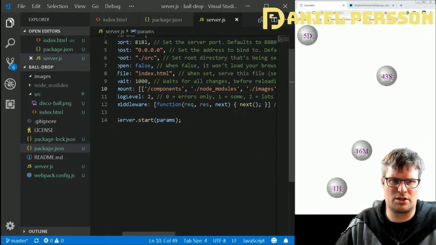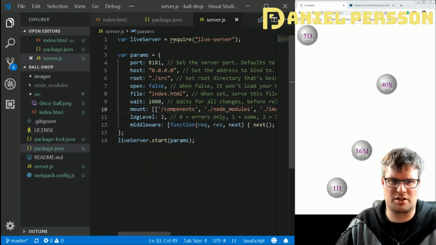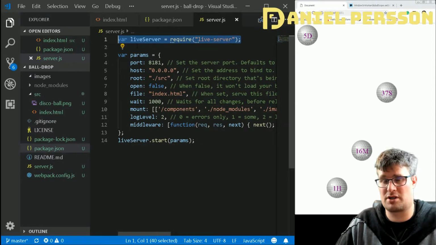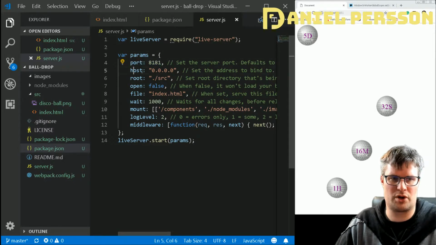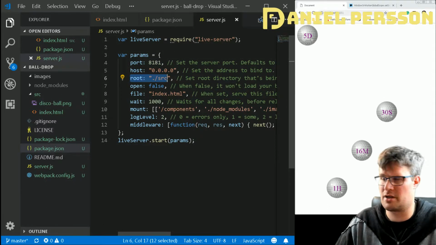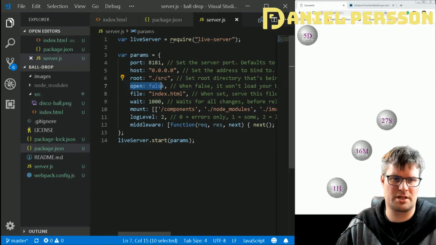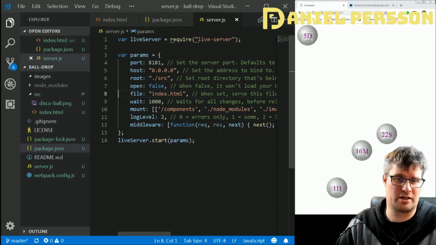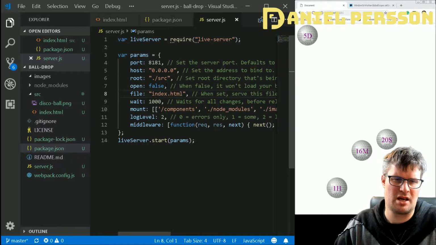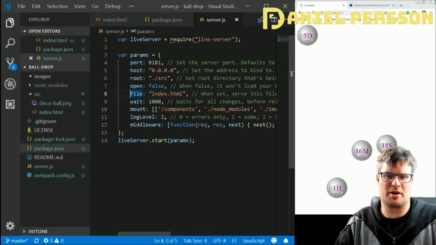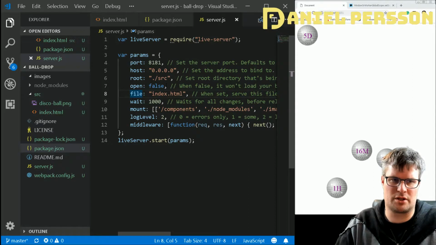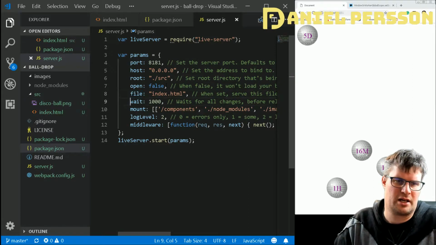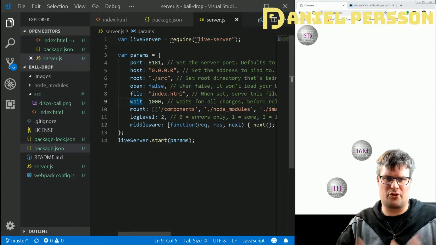If we look into the server here, for this kind of example, you just import or require the live server. You set up some params. In this case, I have a specific port and host, a root directory where all my code will be put, and open. If it should load the browser, that's not important to me. Which files it should be open on screen, and in this case I wanted to just use index.html, and how long it should wait before it reloads